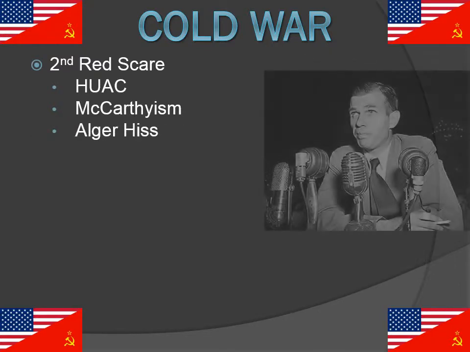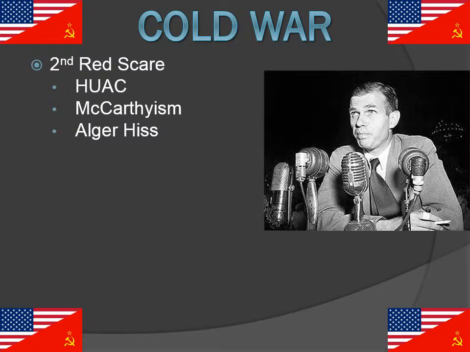One of those spies actually was Alger Hiss. Alger Hiss was a high official who worked for the FDR administration and was a high official in the U.S. government. And we find out that Alger Hiss is a Soviet spy. He's an agent that's reporting to Stalin all the things that are going on here in the United States, and he will be sentenced to prison for that.